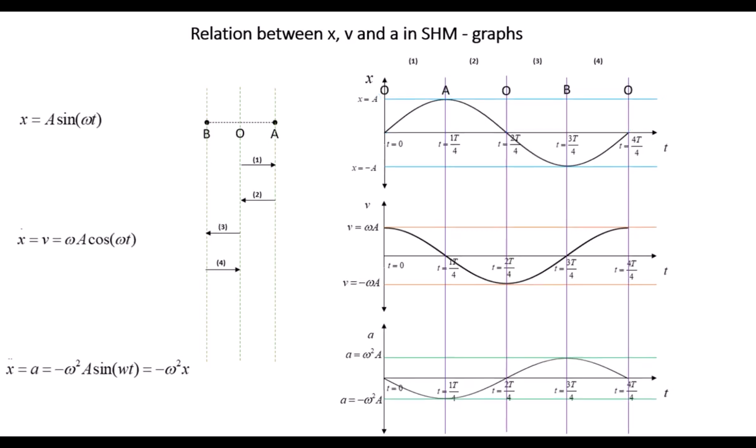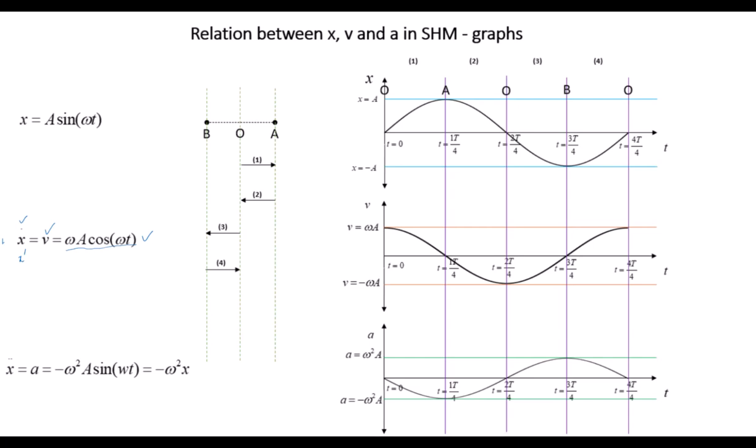Let's now understand the velocity, which is given by v, or also represented as x dot. Sometimes some books will also write it as x dash, which is the time derivative of the displacement. And as I've shown in my previous video, it is given by omega a cos omega t. Given this is the equation for the velocity, we try to understand the behavior at different points and